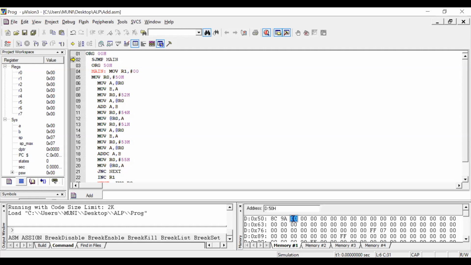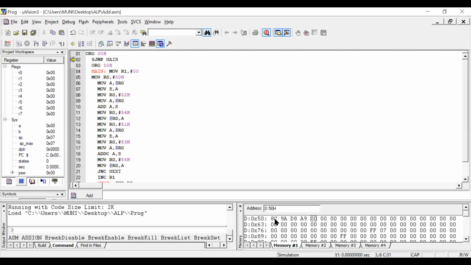And the second input lower order is D8. Second input higher order is A9. So it is 80, 81, 82, 83. And 84 is the lower order result, 85 is the middle order result, and 89 is the higher order result or carry flag. Okay, this is the order. So first the inputs are assigned.